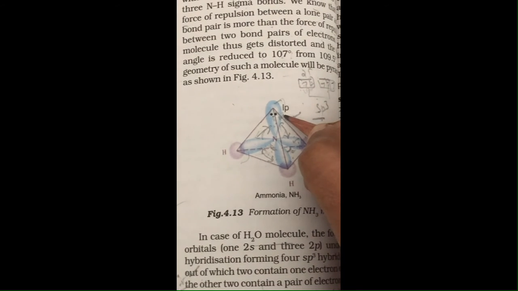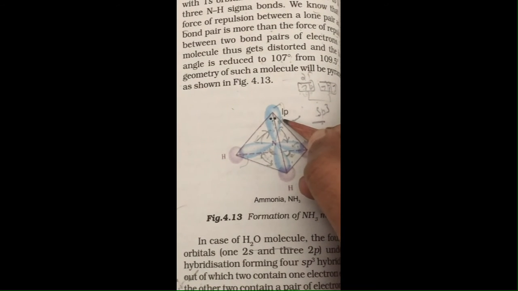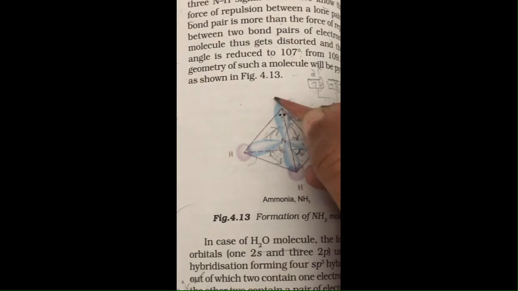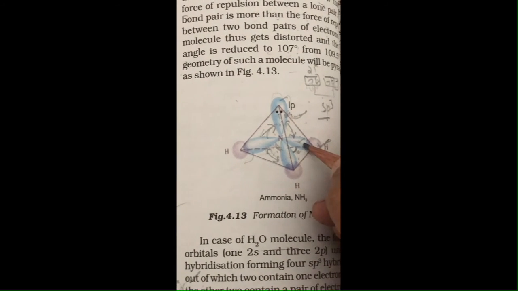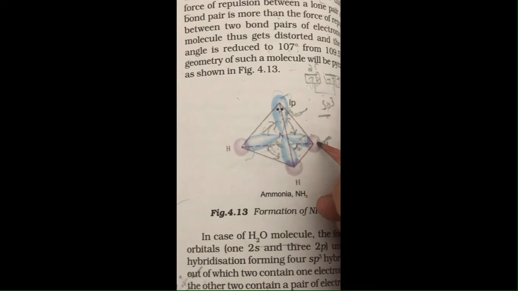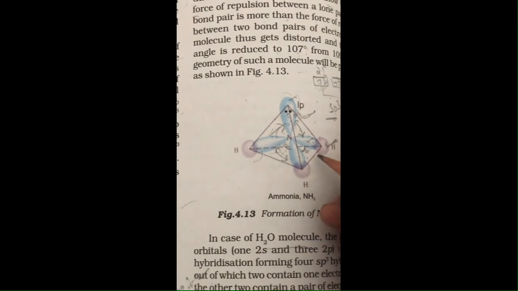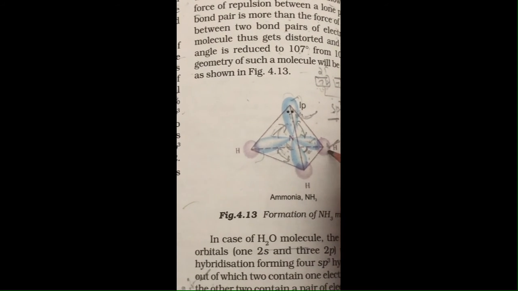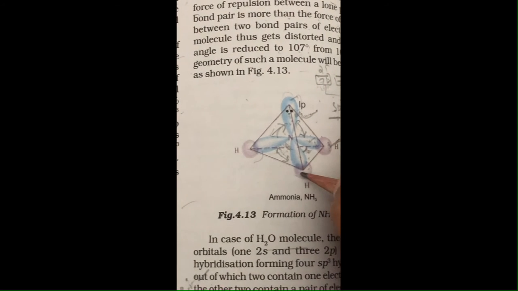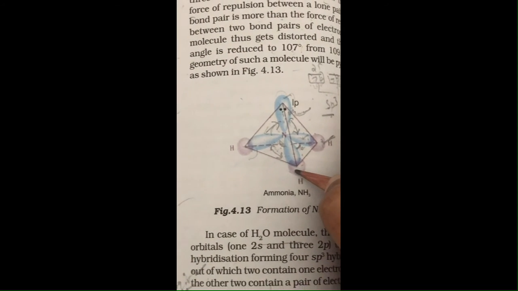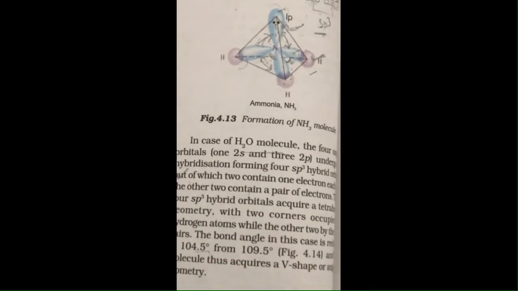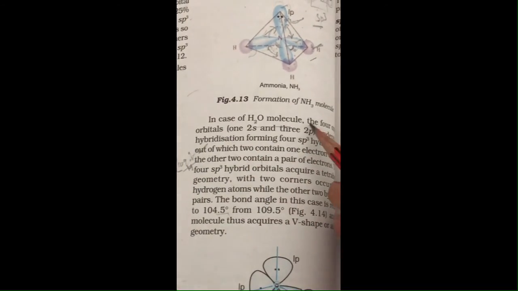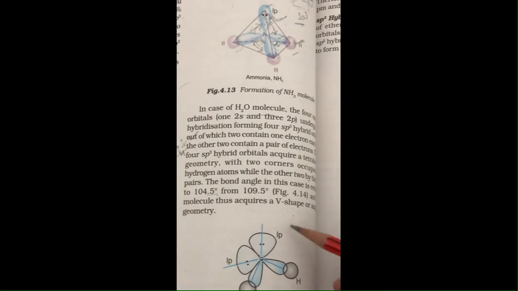That is the major condition of hybridization, why we need hybridization: to make the orbitals of equivalent energy, so that when we show their overlapping with other atomic orbitals, they are going to have the same type of behavior and the same type of bond lengths and bond energies. Clear?